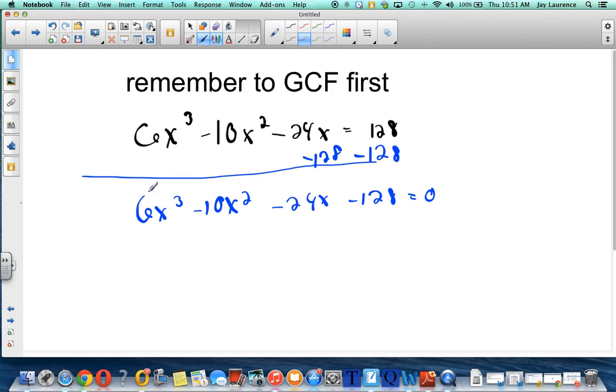And then I'm going to group, except actually before I group, I notice that they're all even. I'm going to see if I can pull a GCF out of here. And I'll bet you I can. I think it's a 2. Yeah, so I'm going to have 2, and then I'll have,